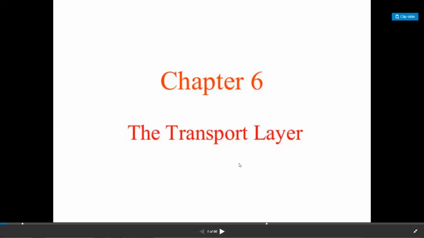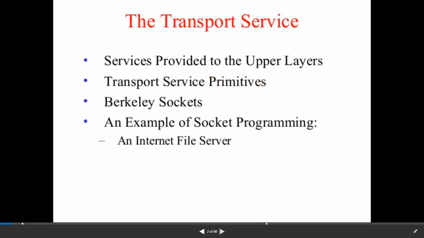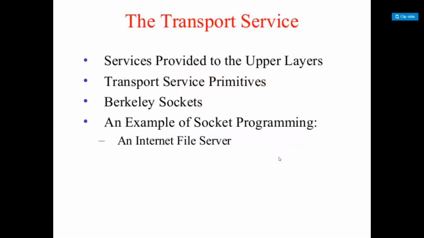Let's start with the transport layer. The first part is about the transport layer. Here, as we know, the transport layer is the layer above the network layer, right? Coming to the first topic, transport service.